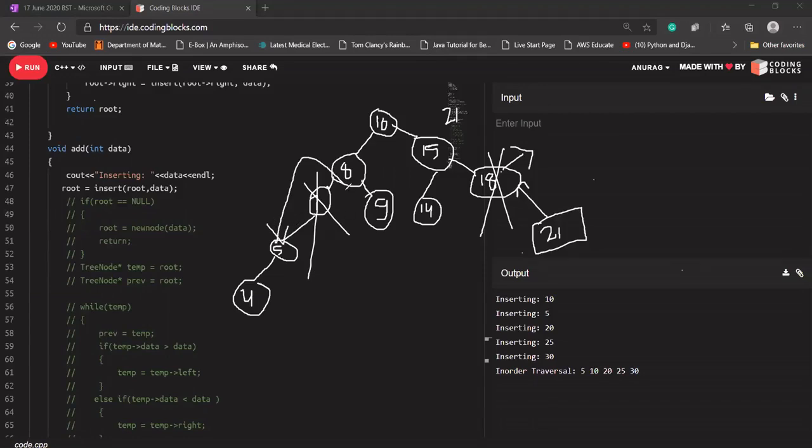If we see again in this case, yes, it is a BST because 5 is less than 8 and 4 is less than 5. Yes, all the data in the left part is lesser than 10, and all the data in its right part is greater than 10. Okay.